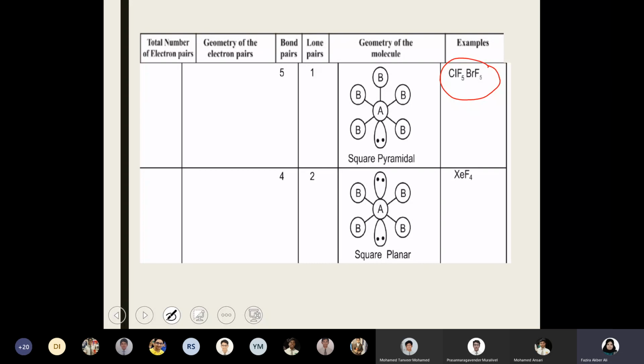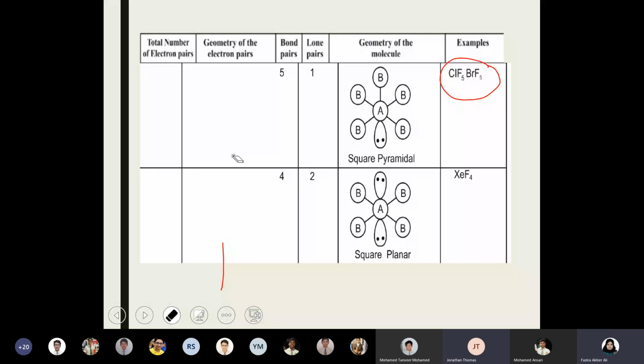Ma'am, in octahedral, the shape of the plane is a rectangle. Yeah, rectangle. But the bond angle is 90, you know, right? So all the bond angles are the same. Unlike trigonal bipyramidal, where the previous example was a triangle, one above and one below, here it's like a rectangle, with one line above and below. In a rectangle shape, the bond angle is 90, so all the bond angles will become 90 in octahedral case.